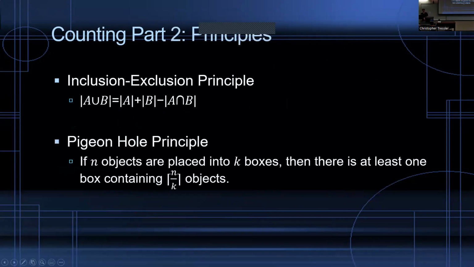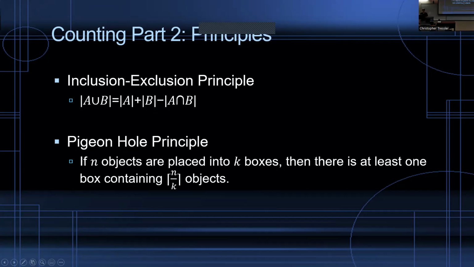All right, so now we have part 2. We have the inclusion-exclusion principle. This one is pretty simple. If you have 2 conditions, or 2 items, and you want to find the total number of items that have either one or the other condition, you're going to add the total number of items from those 2 conditions and then subtract the overlap. The reason you're subtracting the overlap is so that you are not accidentally adding